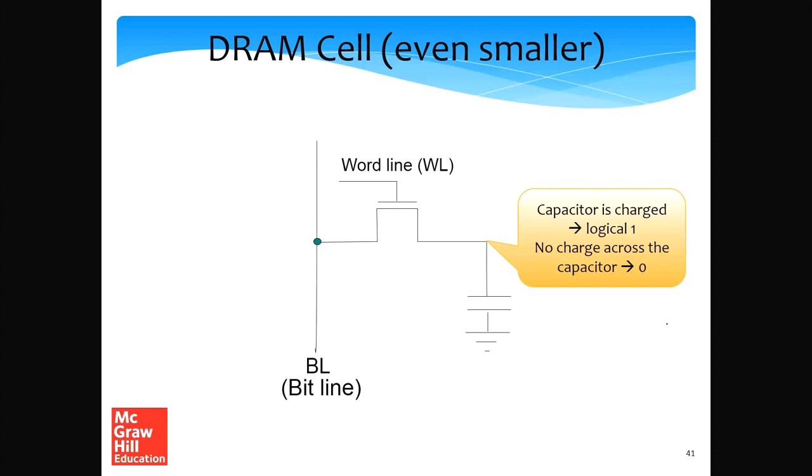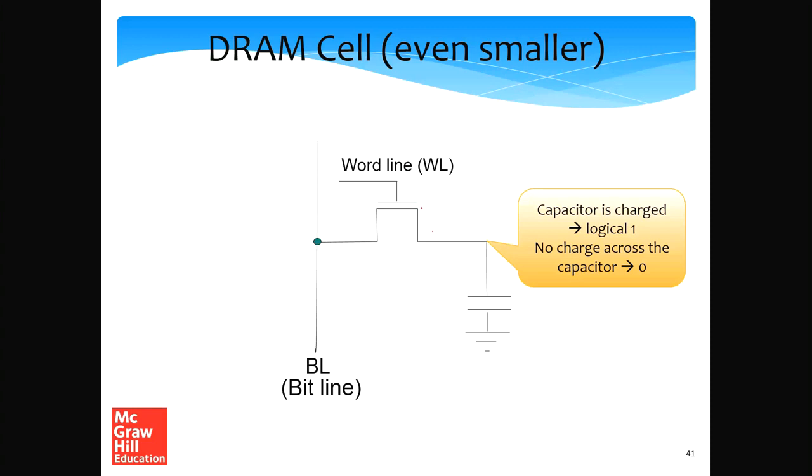So for the same area, more cells can be packed, so the memory can be more dense. But also, the smaller the cell, the lesser is its power to actually drive the bit line to a 0 or 1. So in a sense it's also slower. That also needs to be kept in mind, that latches and flip-flops are very fast because there are more transistors, and as a result it is easier for them to program. You don't have bit lines. SRAMs are still fast enough, but DRAMs are slow, and we shall see why.